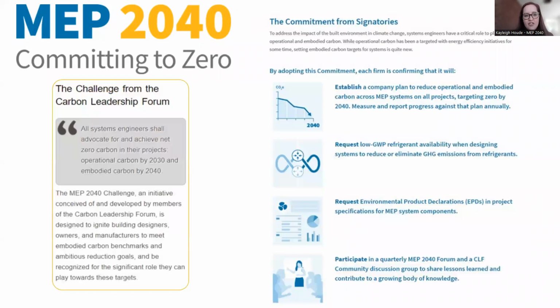So the primary challenge here is for all systems engineers to advocate for and achieve net zero carbon in their projects, with operational by 2030 and embodied carbon by 2040. We know that those are very ambitious targets. If you remember that graph that Suni just presented, there was a 28% building operations responsibility there. Lighting falls into that category with the energy use of lights in our buildings. Other things like gas or refrigerants for systems also fall into that. And then the other 11% being the kind of materiality of our buildings. So we have commitments against both of those with specific targets.